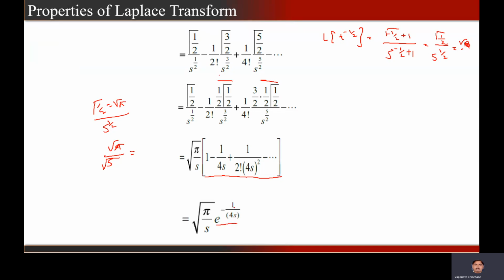If we expand this e raised to minus 1 by 4s, we get this series, right? So we have under root pi by s, minus 1 upon 4 is the Laplace transform of e by